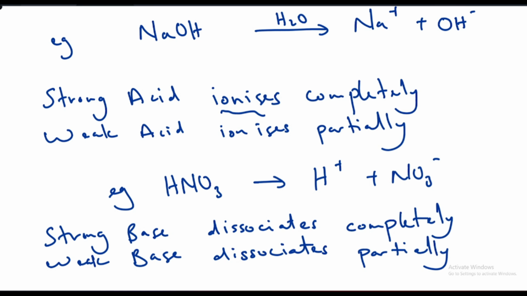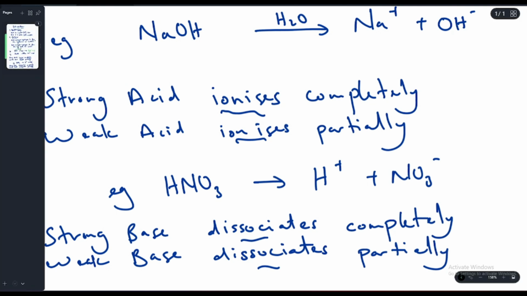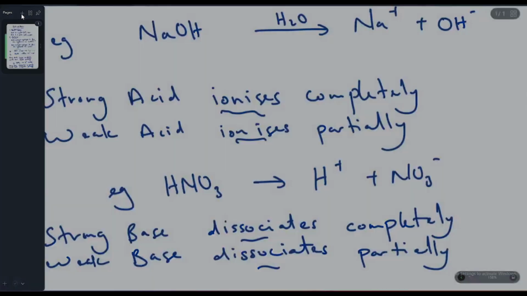Now, on the surface, ionize and dissociates look almost identical. They look almost like the same word, or as if they mean the same thing when you have to look at certain reactions involving it. But there is a difference between the two, right? The difference between them